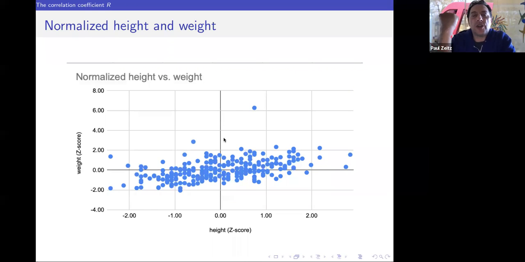So how do we decide how to quantify association? Well, the idea is if we have a positive association, then when we normalize it, we would tend to have the bigger the z-value for the x value, the bigger the z-value should be for the y. So we should have lots of things over in here, and we also should have lots of things in here, because as the z-score for the x value gets negative, the z-score for the y value should get negative also. That would indicate a positive association.